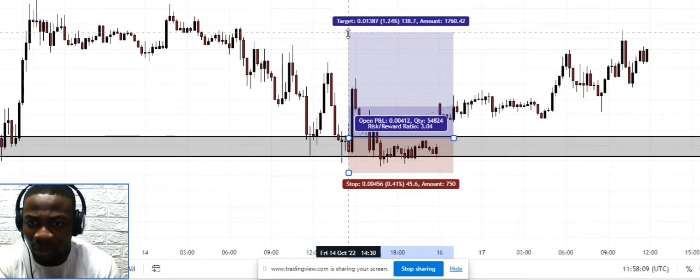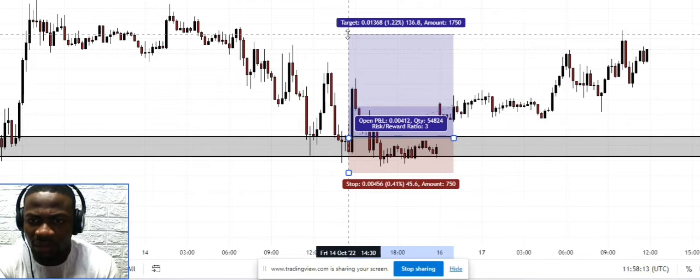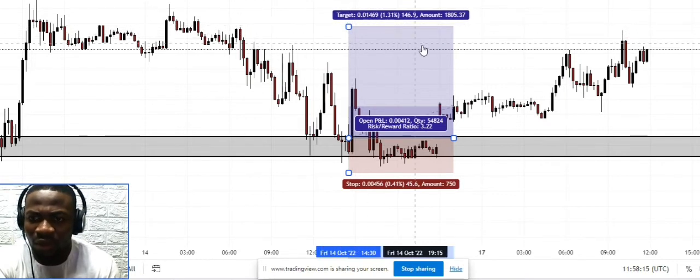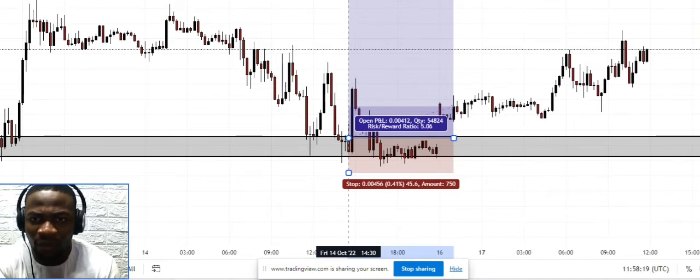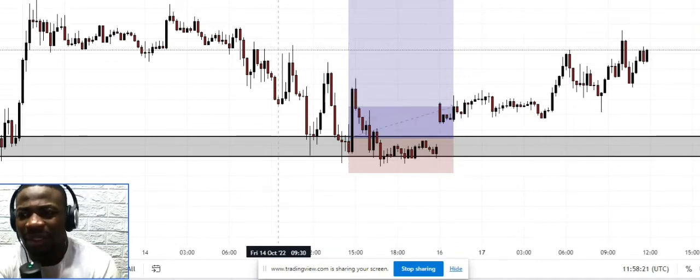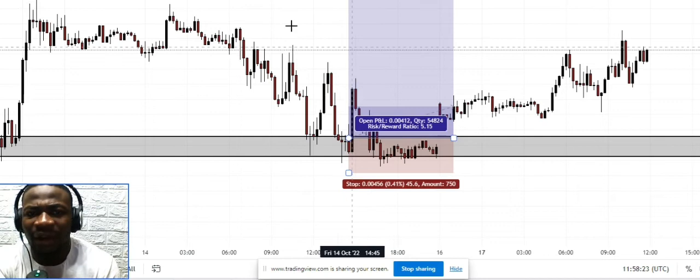So in this instance, I'd have been out of this market by now. It's 1.412, 1.14, I'd have probably been out of this market by now. Okay, but you get a point. Your target usually would be above one of these levels here because it's a break and retest strategy. Now, if you allow